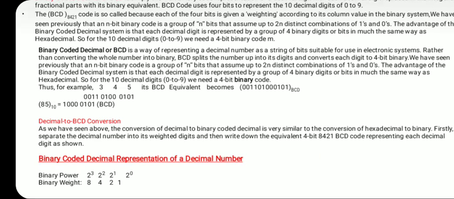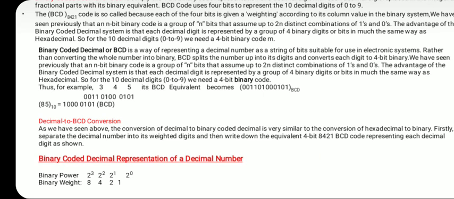It is used in electronic systems. Not only that, it makes addition also simpler. Suppose we add two decimal numbers, say 55 and 45. Instead of taking the equivalent binary of the whole numbers, separately represent number 55, take the equivalent BCD code of 55, and in the second number 45, separate 4 and 5, take the equivalent of 4 and 5 and add. Addition will give you the same number you require while adding 45 and 55.